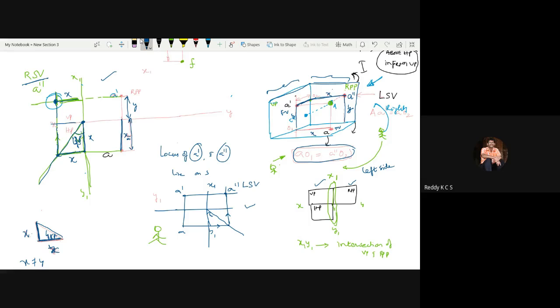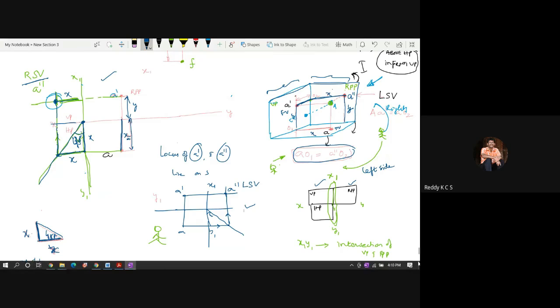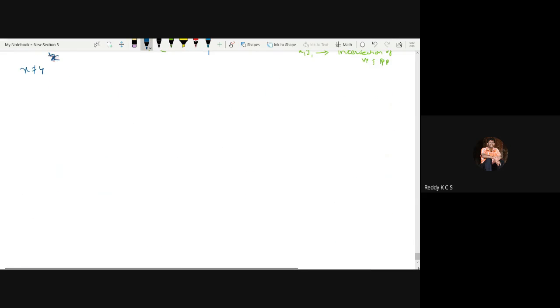Understood, sir. So when it comes to the third quadrant, see here. When the object is placed in the third quadrant, as we discussed in the last class, it is in the third quadrant like this. Say for example, this is the XY line. Of course, this is the XY line. And the observer is always facing the first and fourth quadrants. So the observer is here only.